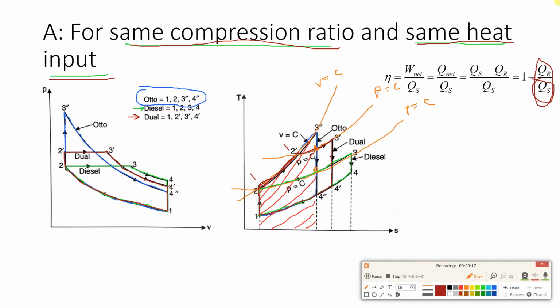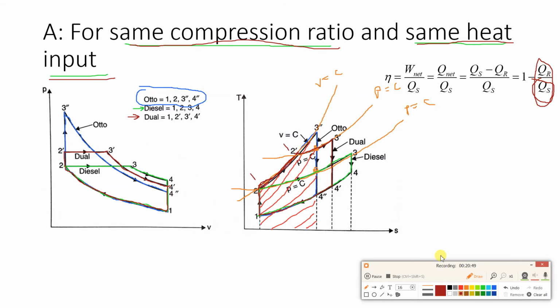So what we will vary is, from the diagram also you can see, we are getting different heat rejections in case of all the three cycles. In the Otto cycle, diesel cycle and dual cycle, heat rejection is different. So based on heat rejection, we can comment on efficiency. In order to have larger efficiency, heat supplied should be more, but in this case heat supplied is the same, and heat rejection should be less.